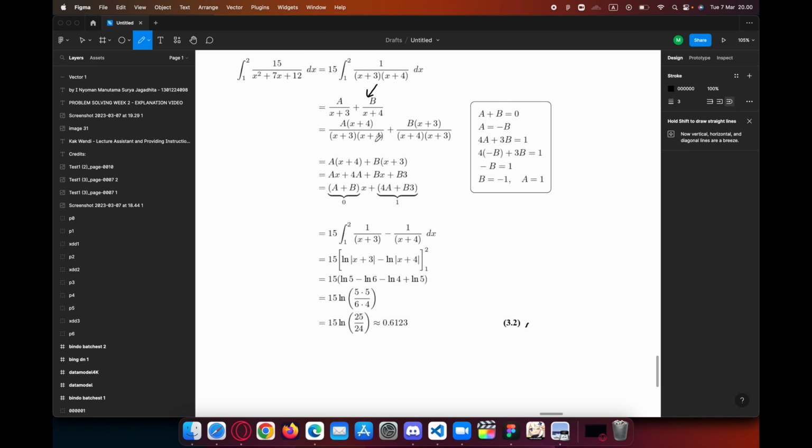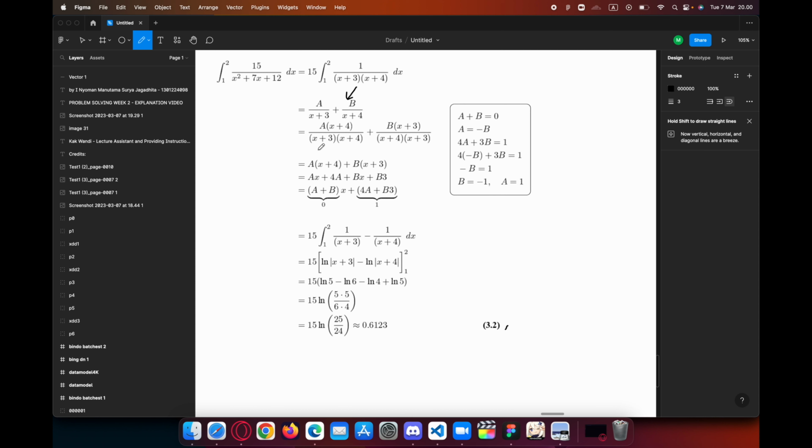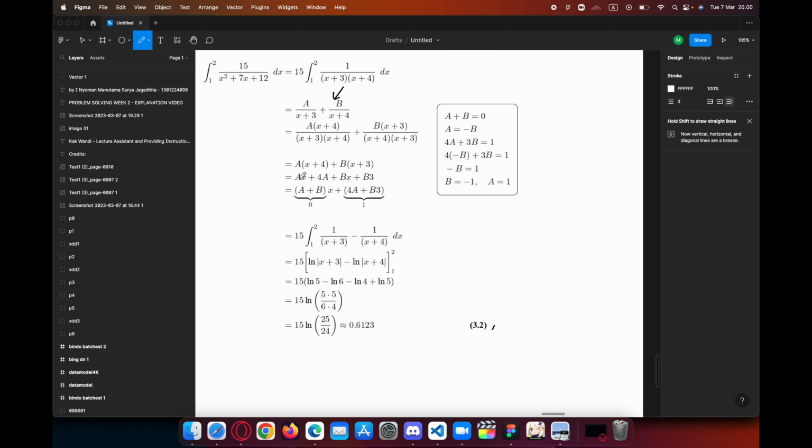We actually don't need this bottom value, we need the upper one. So it becomes x times (a times x plus 4) plus b times (x plus 3). We do the multiplication: ax plus 4a plus bx plus 3b, and then collect the x terms and the constant. It becomes like this because all of this is plus, so we can do plus here, so a